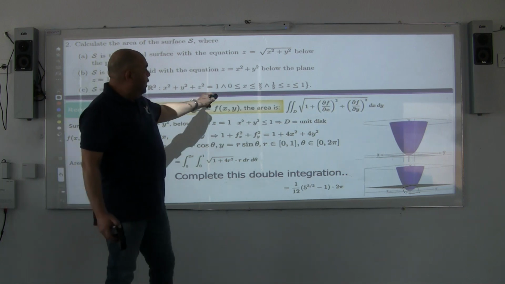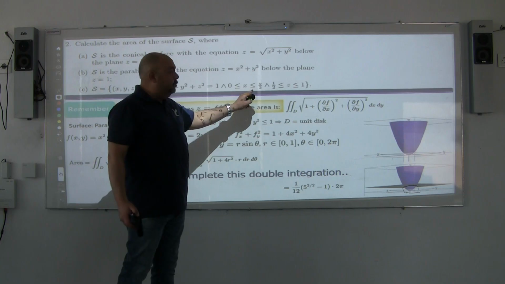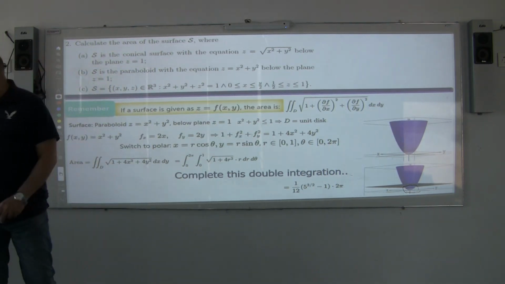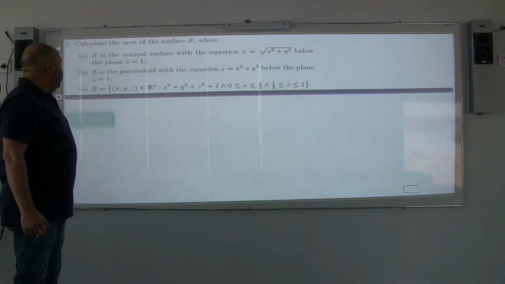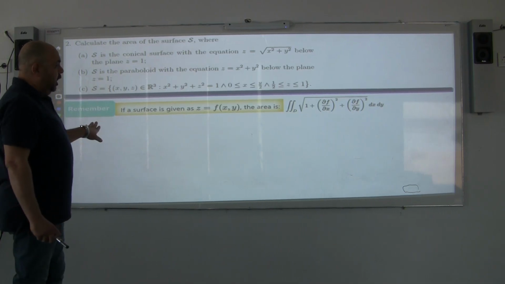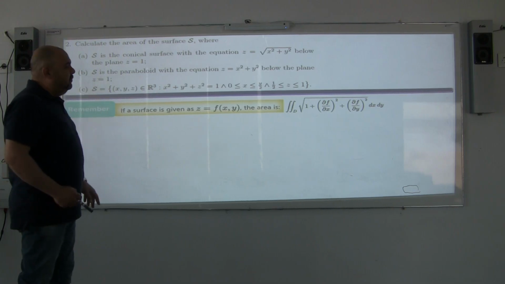That equal to 1. X is greater than or equal to 0, less than y over 2, and z is between half and 1. And this problem is very, very nice. I still remember it, okay? So now remember the surface integration, I will use 1 plus partial f partial x, partial f partial y,